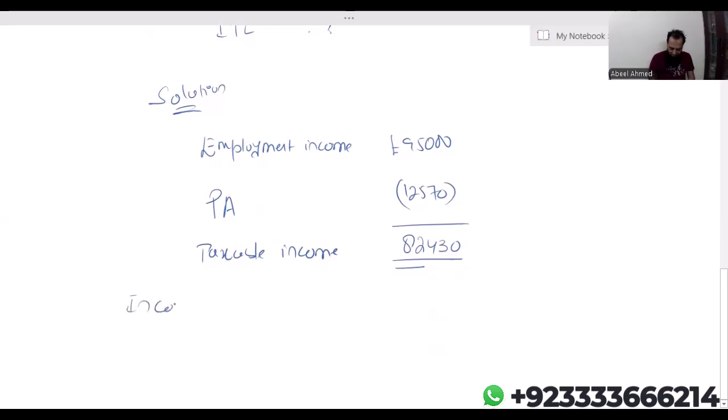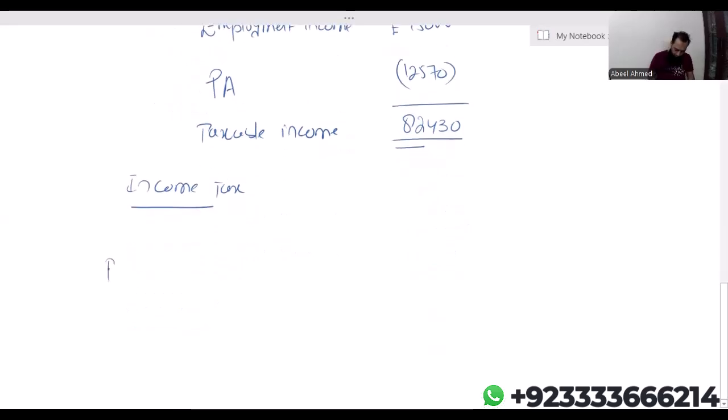Let's apply tax rates. Income tax. We cannot apply 40% directly, even though this individual is having taxable income more than the basic rate band. The rule is, first we have to utilize the basic rate band. After utilization of the basic rate band, then we'll move towards the higher rate band. Basic rate band ends at 37,700 into 20%. I'm getting